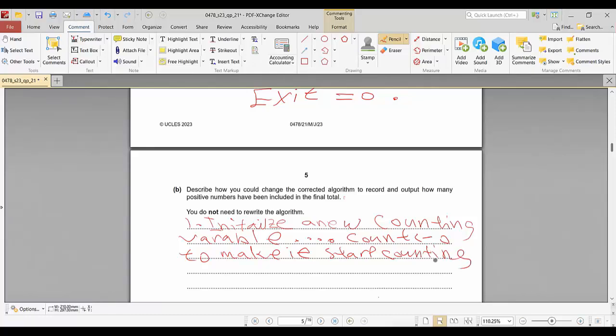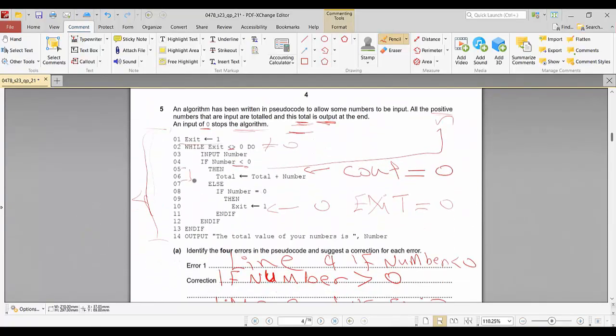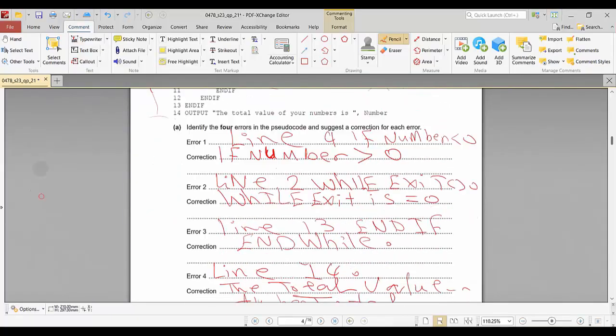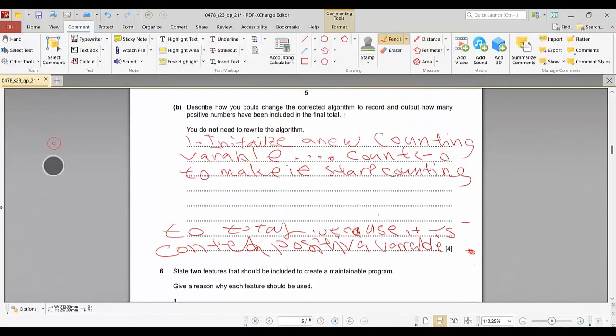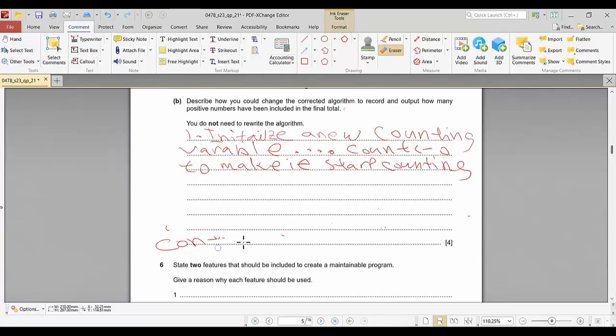Also, I can insert a counting statement between line 5 and line 7. Here I can add a line or a count between those two variables to initialize the counting for this number. So I'm going to write down here simply